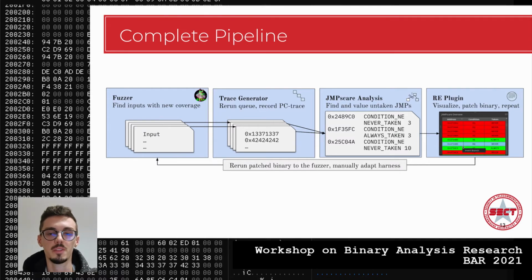So to reiterate, the complete pipeline would look something like this. We start with our fuzzer, for example AFL++, where we fuzz our input. In our example we had an emulated program, and with this emulated program we could easily use our plug-and-play solution for trace generation to record program counter trace. This trace, or more correctly these thousands of traces, we can then put into our JMPscare analysis tool,